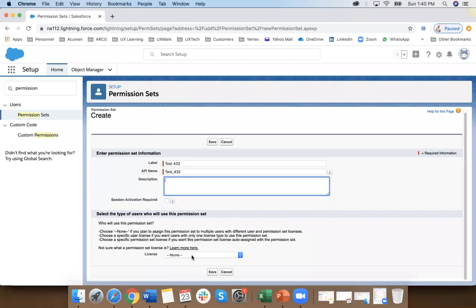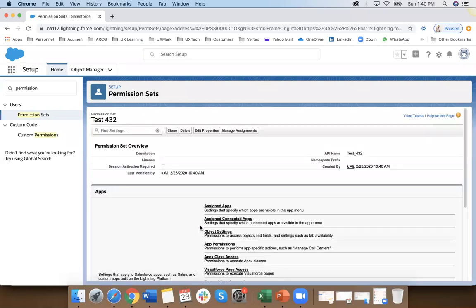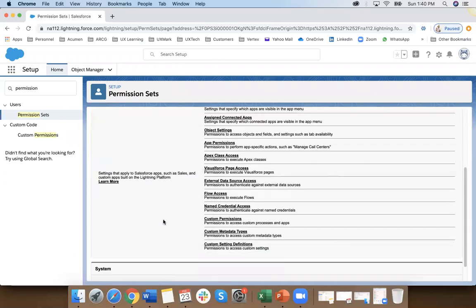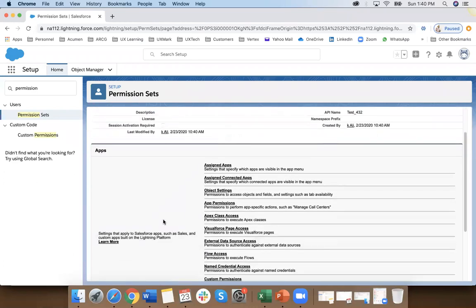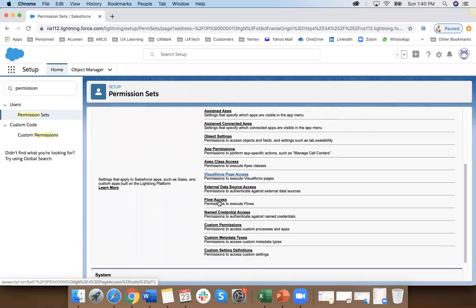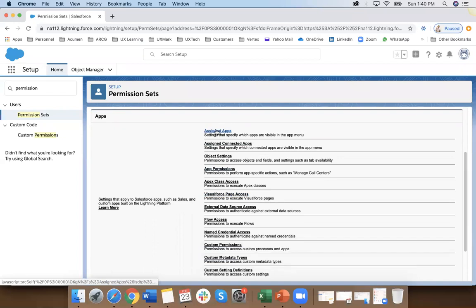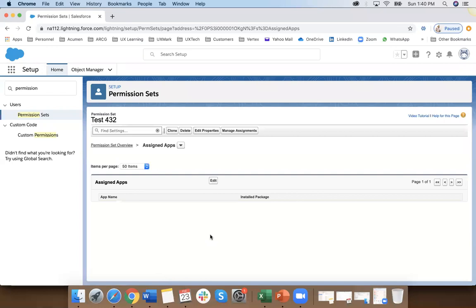And then here you can choose whatever license you want. Normally in this case it's going to be Salesforce, because there are different people who have different licenses as well. So then it will open up this interface. Okay, so what is this interface? So here you can have permission sets based on assigned apps, different Visualforce pages, different flows, different Apex classes. So here, for example, if we go to assigned apps,